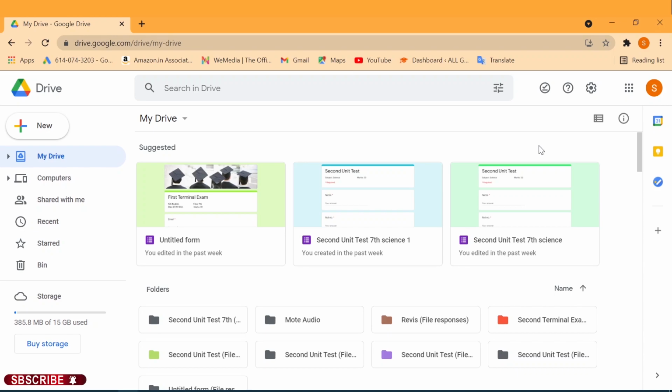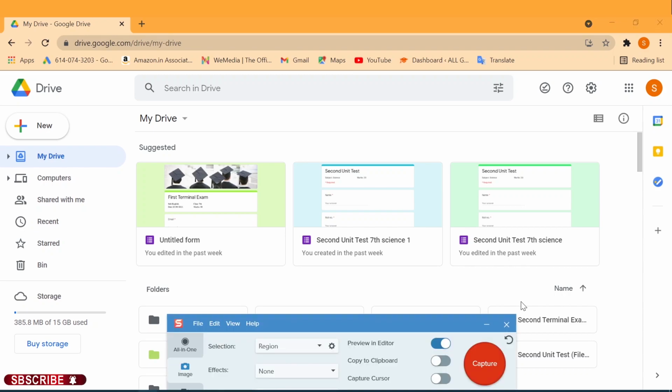First thing you will have to do is think about how many steps and how many images you want to put in your guide. Now let us say that I am creating a visual guide for students that are brand new to Google Drive. They have never used it before and I want to show them how to create a folder as well. First, I will need an image of the Google Drive interface. I will need a second image, which will be clicking on the new button, and the third image will be the image of selecting folder, and the final image, 4, is where I rename the folder. Using Snagit, I am going to take an image of my Google Drive interface.